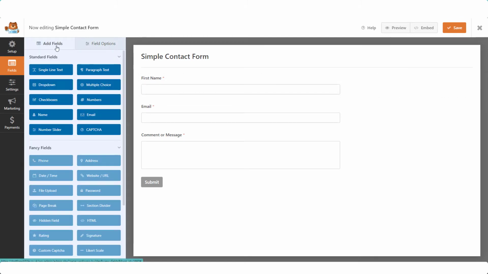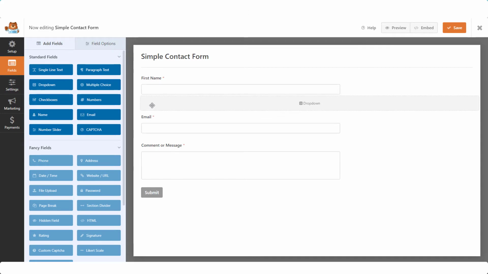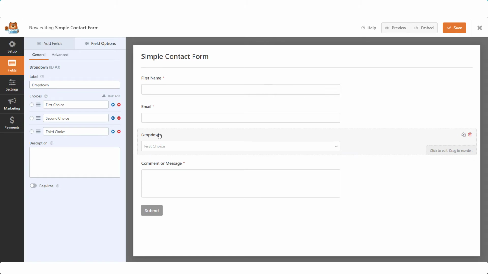Add fields. I'm going to add a drop down. I'm going to put it here. And the label here is the explanation of what this particular field is. So for example, if when your blog visitors want to contact you, you want to give them a choice of subjects. So what is the reason they're contacting you? And you can let them choose that from the drop down box. For example,